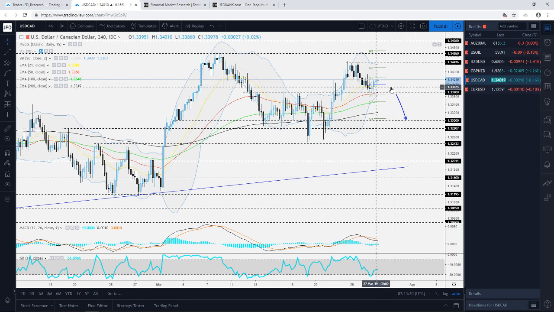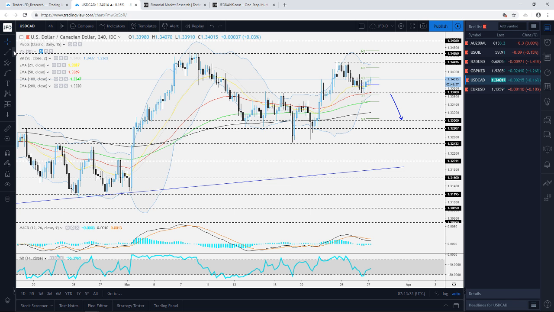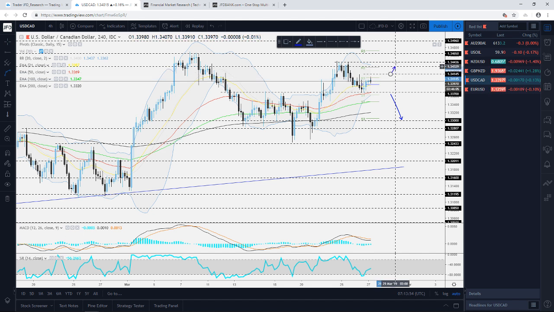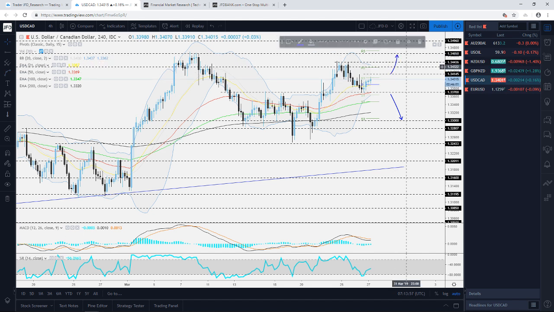And in terms of the upside, from the very short-term perspective for today, what you could look at is this little high that we saw yesterday, so around the 134.15 area, approximately there. A nice push above that could lead the pair towards the 134.45 area, approximately there. And if that fails to hold, the next potential target is 134.65. So in a way, long story short, guys, this is what we're looking at here for today.